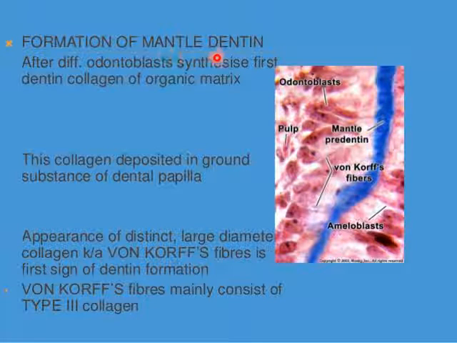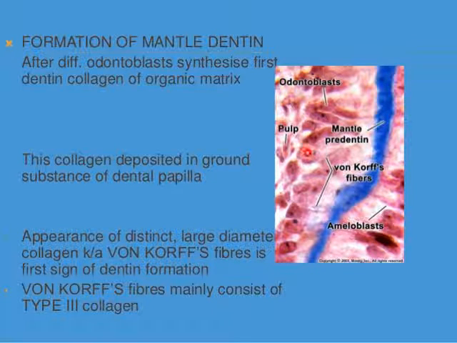Formation of mantle dentin. After differentiation of odontoblasts, they synthesize the first dentin collagen matrix, or predentin. This collagen is deposited in the ground substance of the dental papilla. The appearance of distinct large diameter collagen fibers, called von Korff's fibers, is the first sign of dentin formation. So the first sign of dentin formation is the formation of von Korff's fibers here, which form from this newly